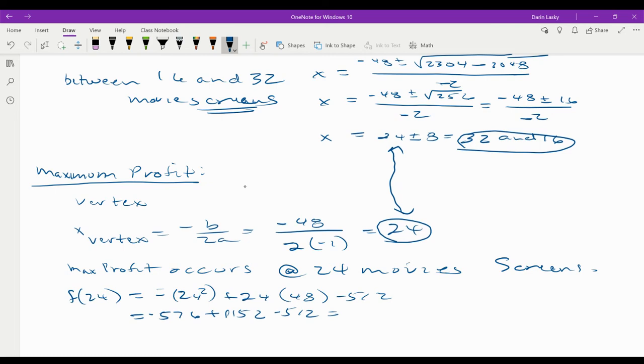Let me see if I can actually get this number. And that equals 64. So the maximum profit occurs at 24 movies and